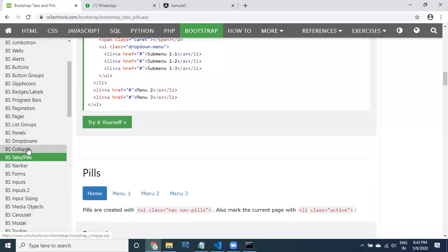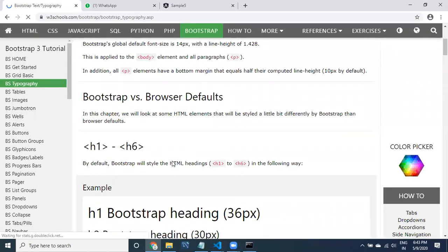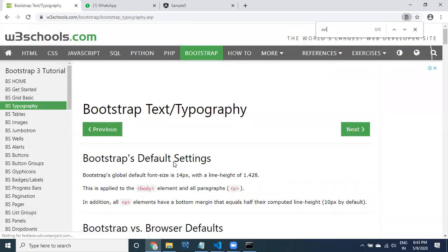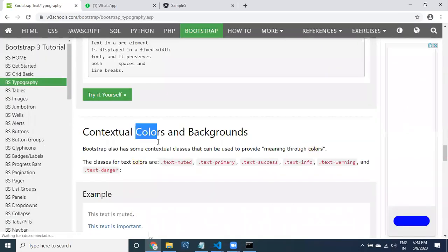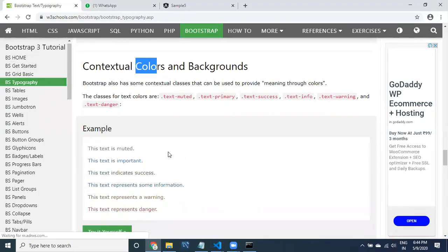I would like to apply some color. Color is success.